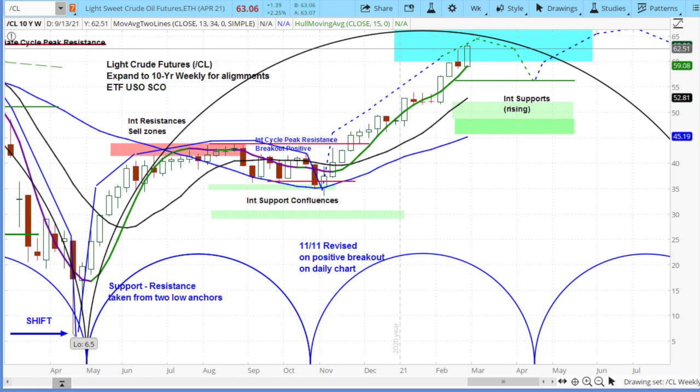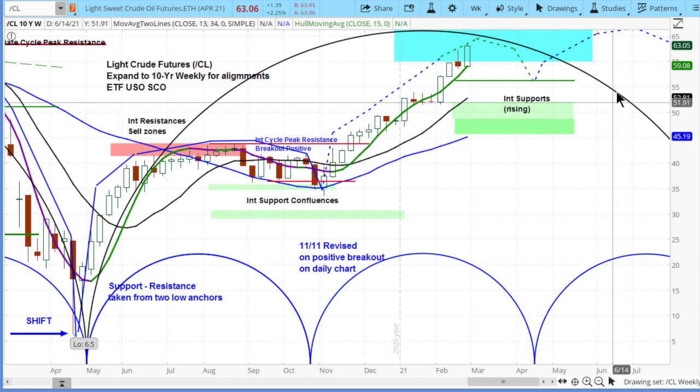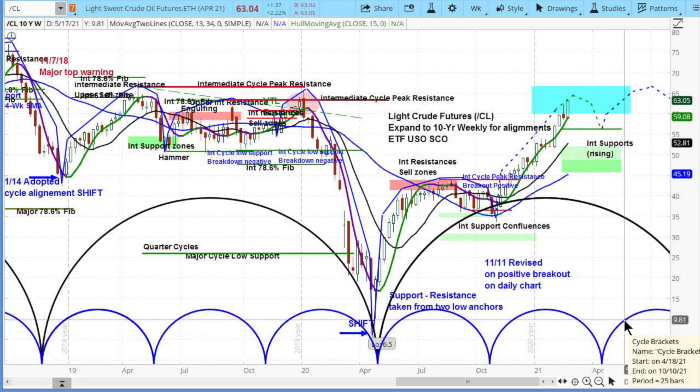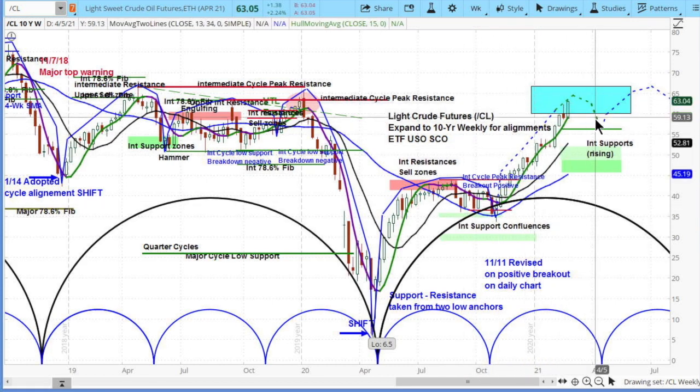And these are actually three minor cycles of the big harmonic family that you see right there. If I blow this out, you see that last harmonic family where there were three cycles in there. So what that points to is, I look at this right here, that's October 10th as some big corrective low that we're looking at. Now, when I look at the minor cycle here, of course, that lines up to October 10th. So what that says is that because this was such a big, long upward move,